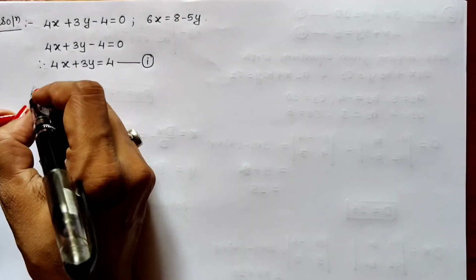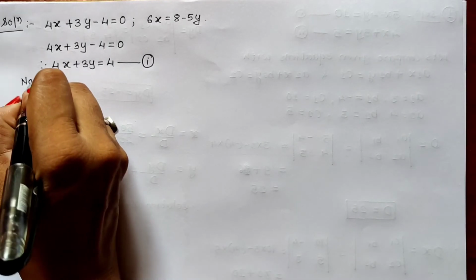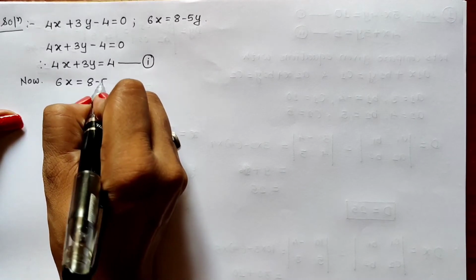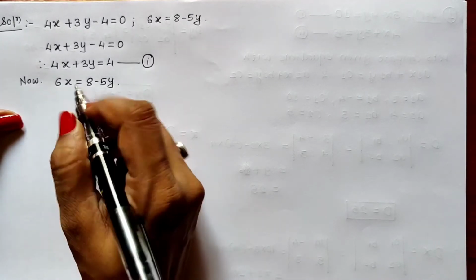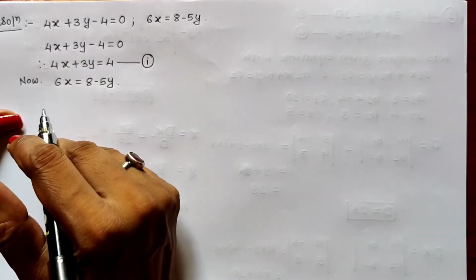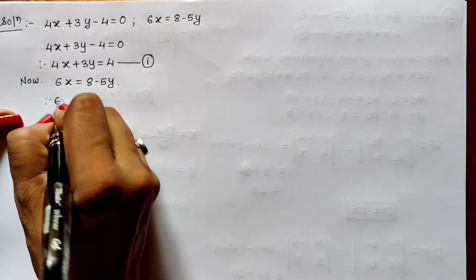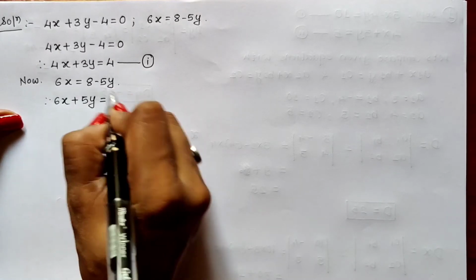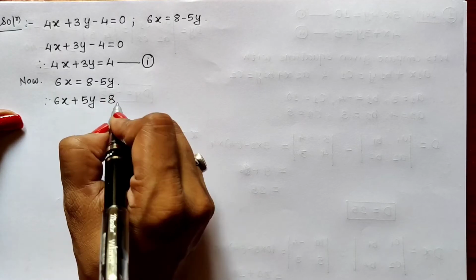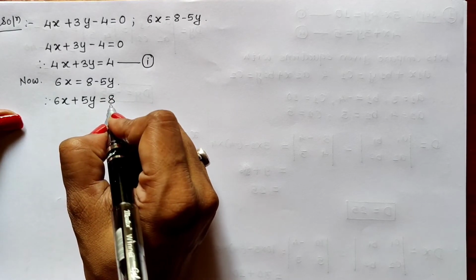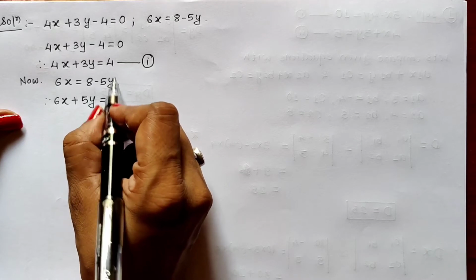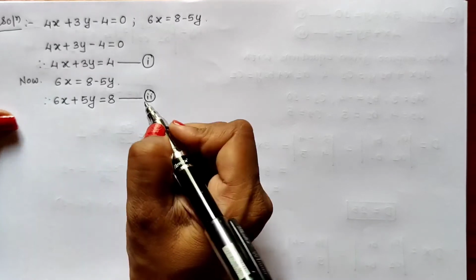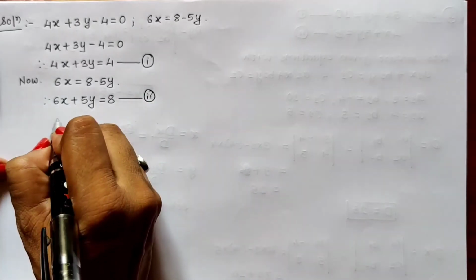Now second equation is 6x is equal to 8 minus 5y. Now this minus 5y is on the right hand side, we will have to bring it to the left hand side. So 6x as it is I write, minus 5y will become plus 5y is equal to this 8 as it is. 8 we are not transferring, 8 is on the right hand side, we will have to keep it on the right hand side. Only minus 5y we have transferred from right to left, so it becomes plus 5y. Now this is our equation number 2. Now we will be writing by using Cramer's rule.